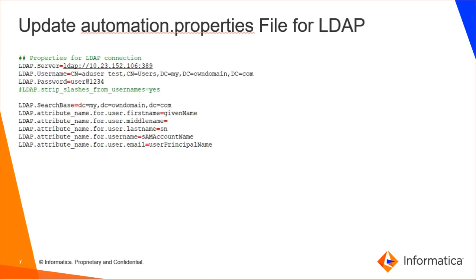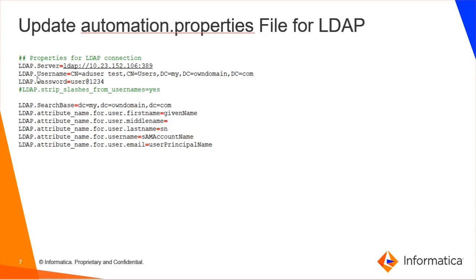The next section of attributes in this automation properties is related to the LDAP server. Provide the LDAP server URL like ldap://hostname:port. If it is a secure connection, provide LDAP-S and then the server and the corresponding port. Make sure the certificates are imported in the server from where this utility is getting executed.